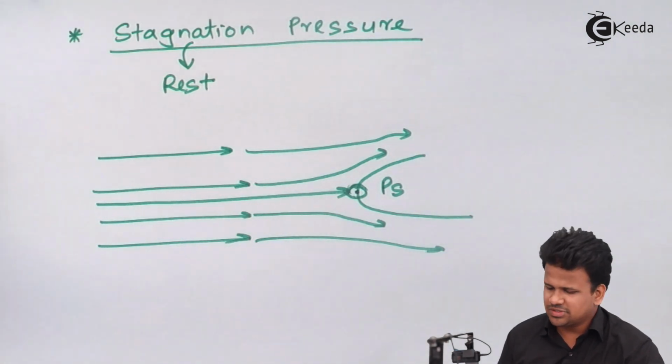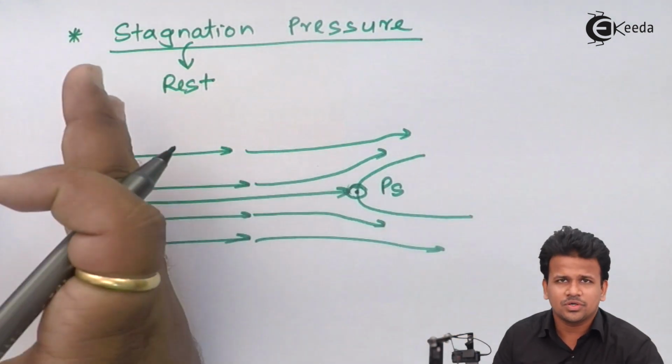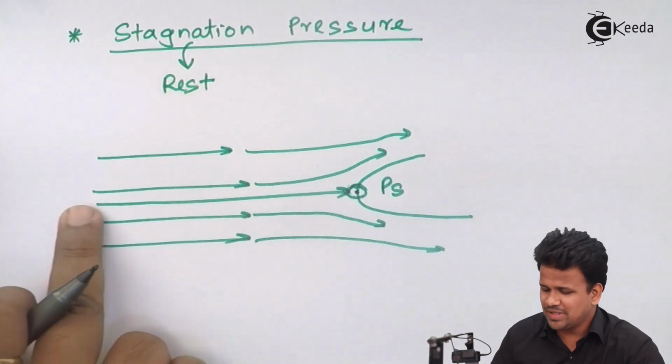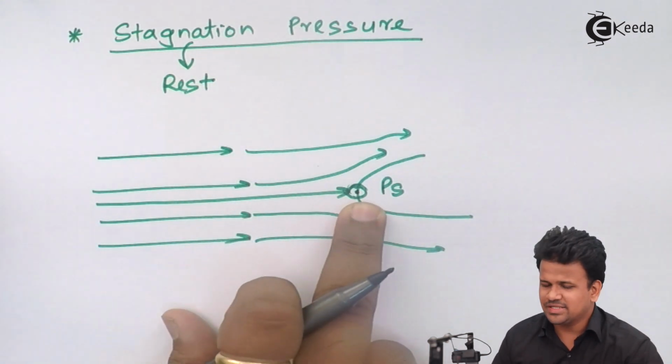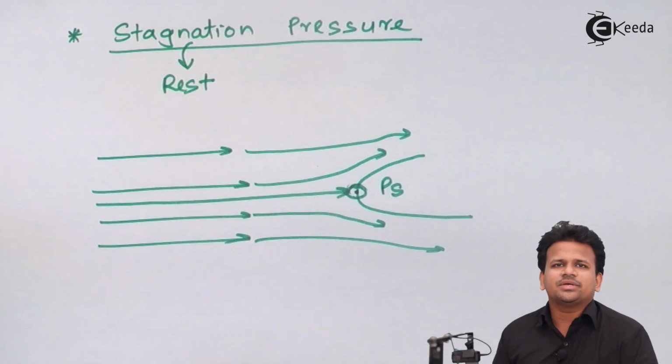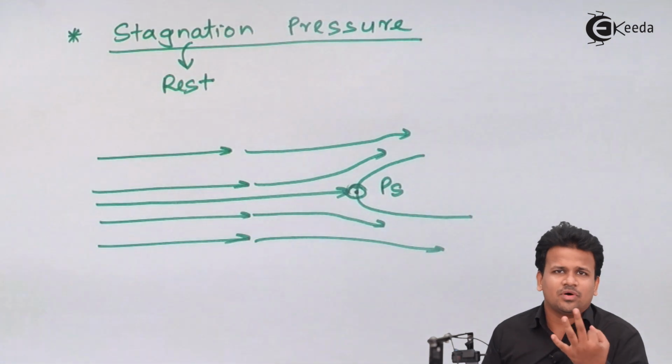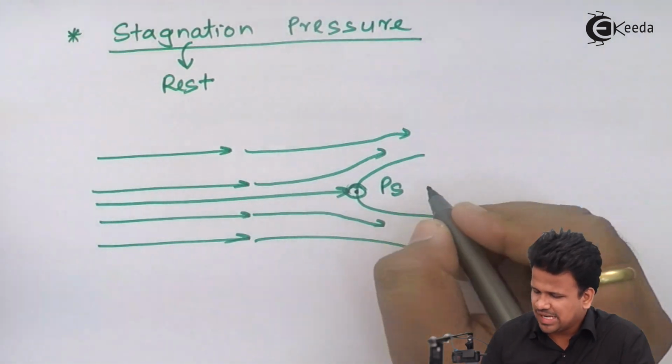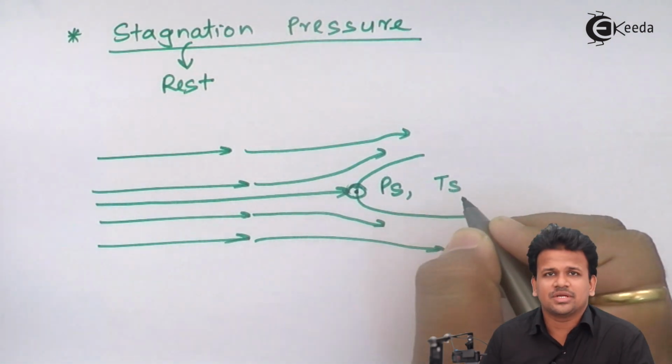Why? Because the body is not moving in that direction, and the fluid at this point is at rest. So at the stagnation point we have to calculate three quantities: stagnation pressure, stagnation temperature